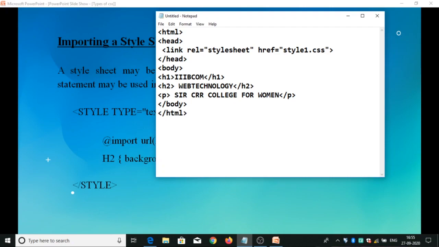Here I am including style1.css for this web page. Save it.